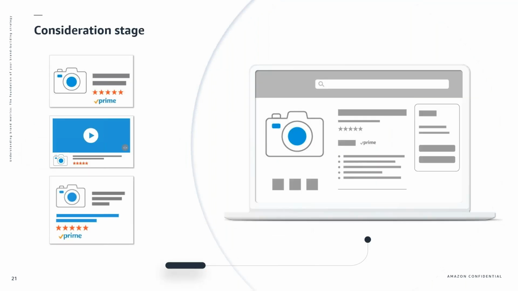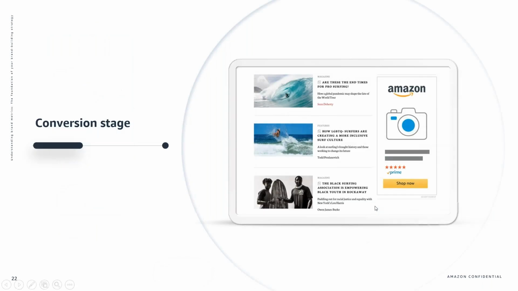And then once we are exposed to more people, at the consideration stage, this is where we use sponsored products, sponsored brands video, and of course, sponsored display views remarketing, basically to help you bring more customers to your product detail page, right? And this will help you increase the number of customers considering your brand. And last but not least, we also have a conversion stage. This is where everyone is very, very focused on getting